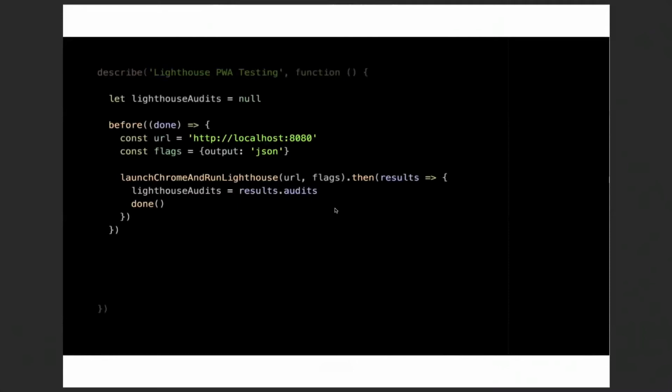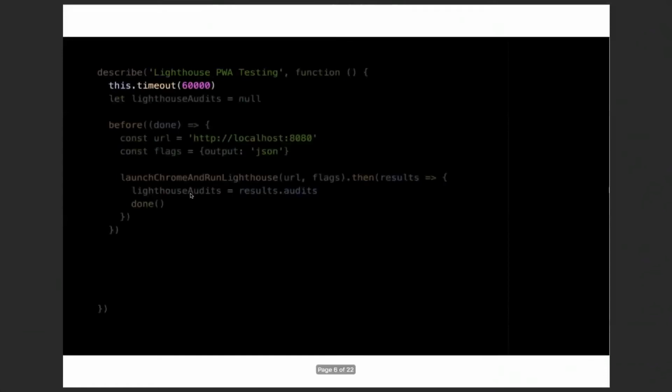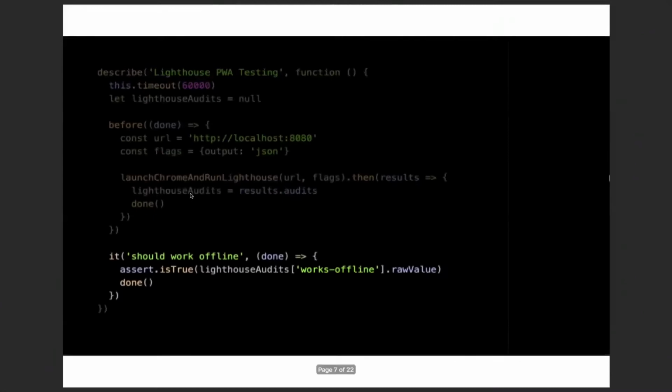Before running the tests, we will run Lighthouse and save the results into a variable. We don't forget to update the timeout because it's taking quite a long time to run. And then we can run our tests using these results we just got. For example, we can test if the application is working offline.